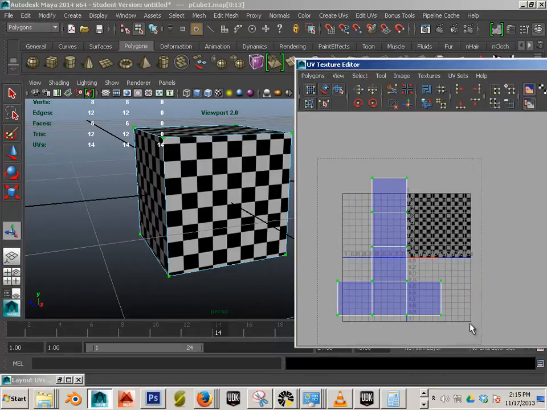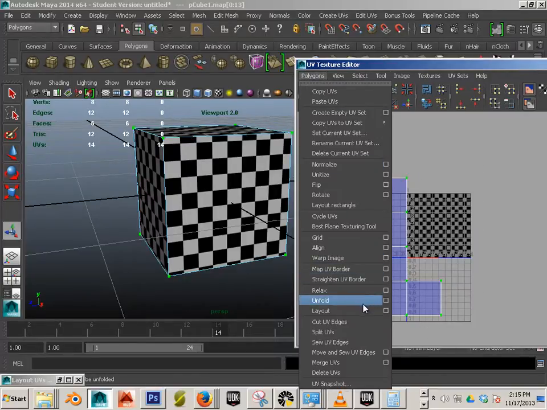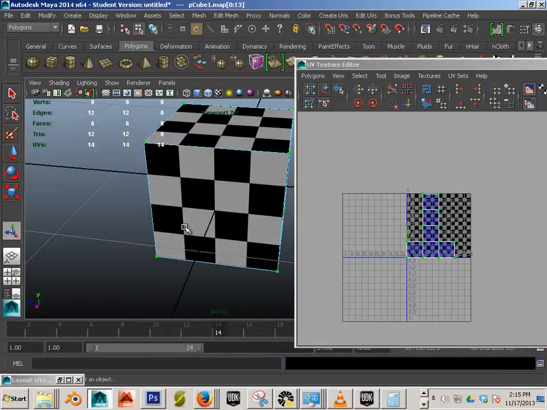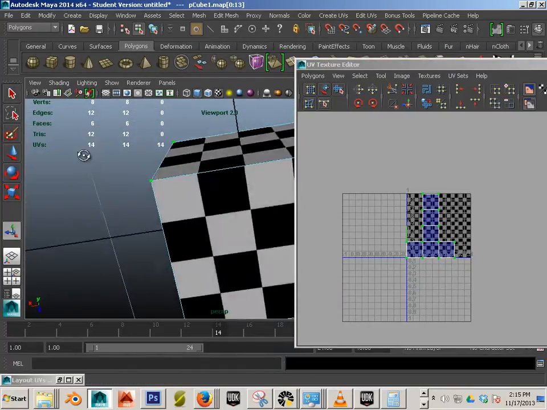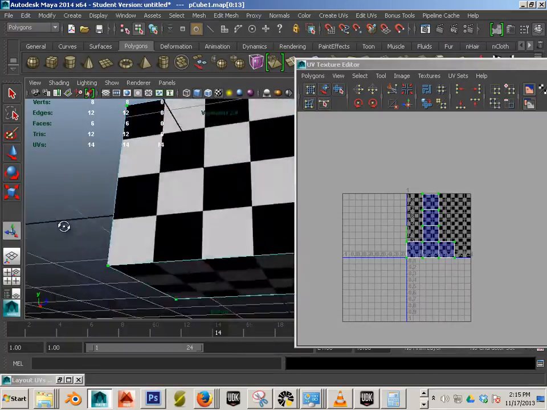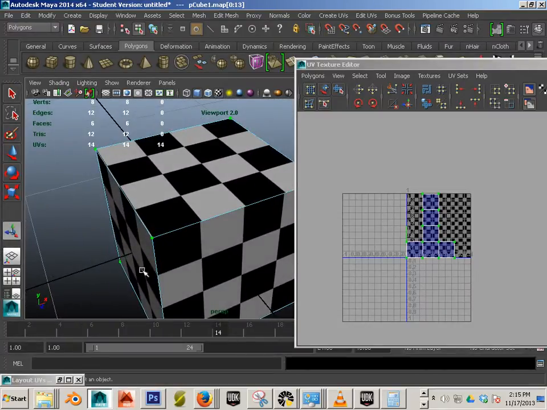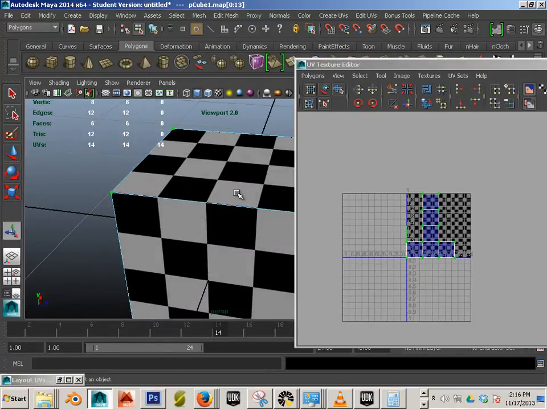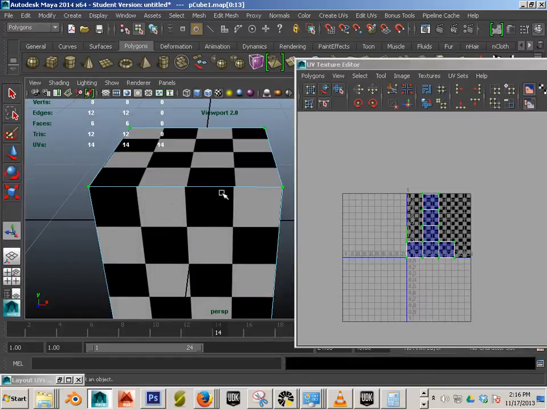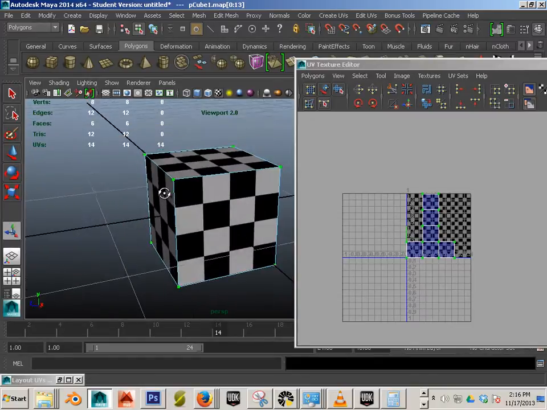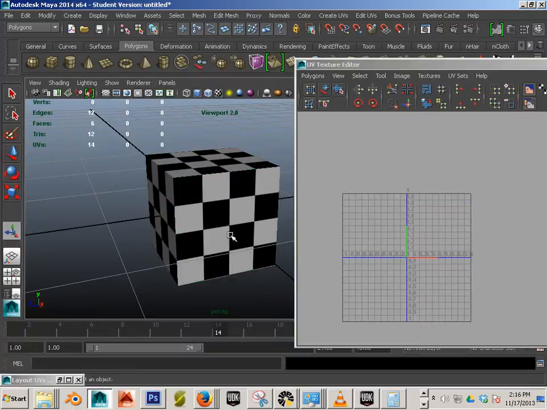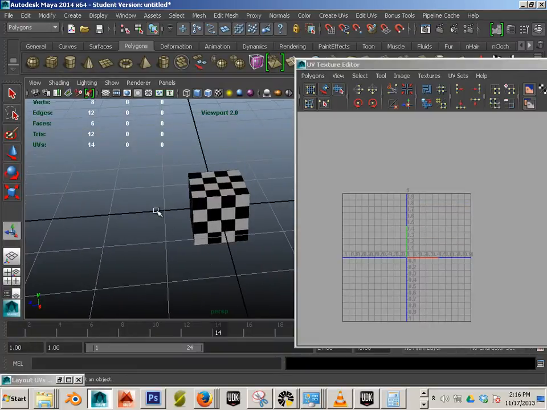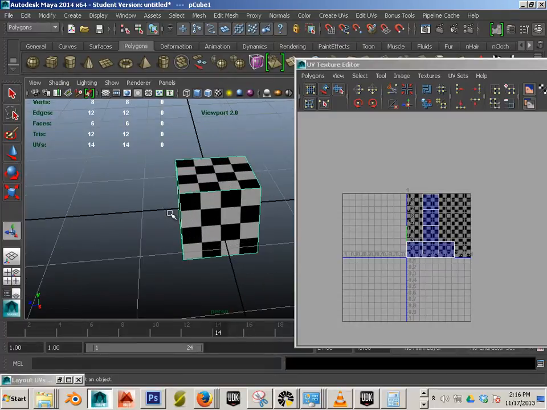So let's grab our UVs and do a layout. And by going to layout, look at that. Now they're perfectly uniformed. The only thing that will give it away is this. You can see that this black one is attached to a black one, whereas this black one is attached to a white one. So this is telling me that there's a seam in that area. So when students first start out with doing textures, I would highly suggest using the checkerboard, getting used to it,